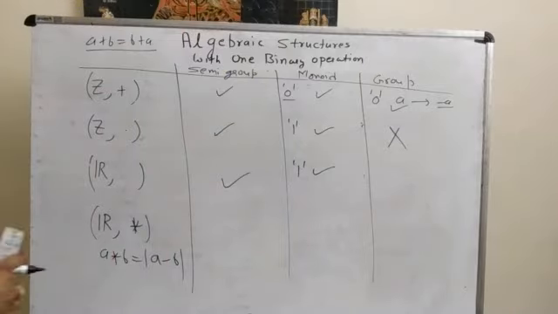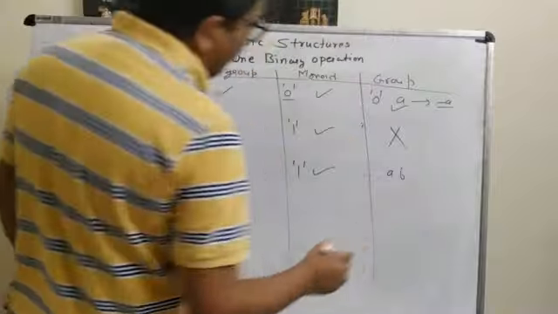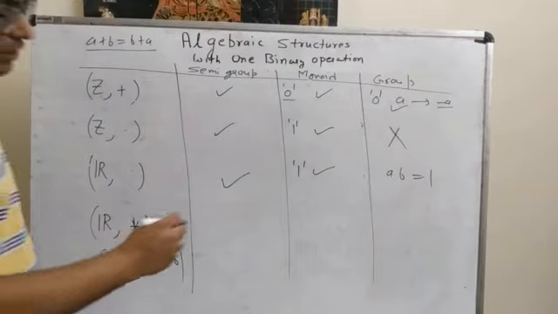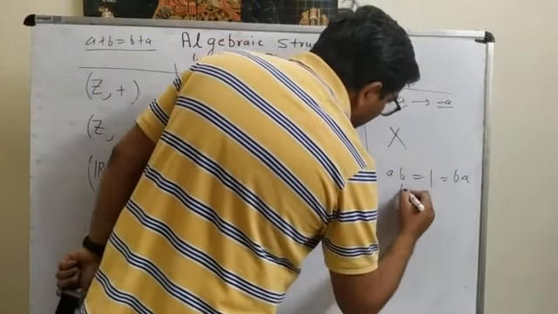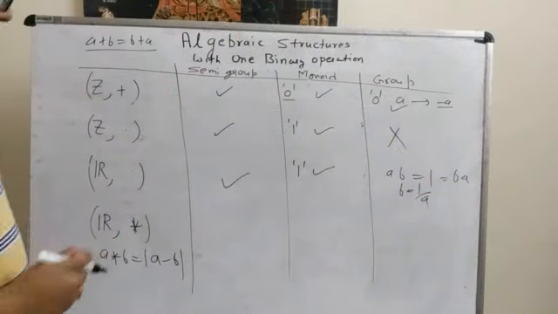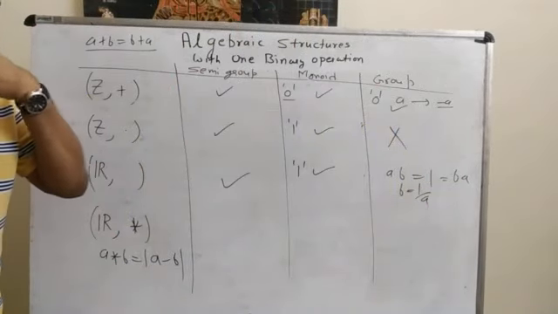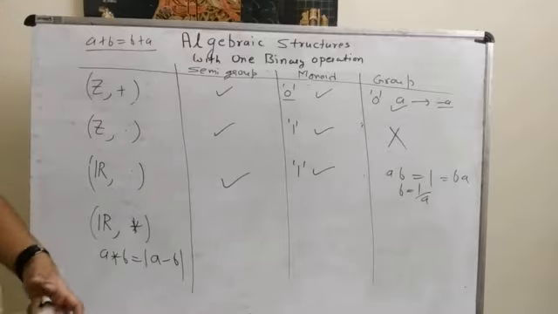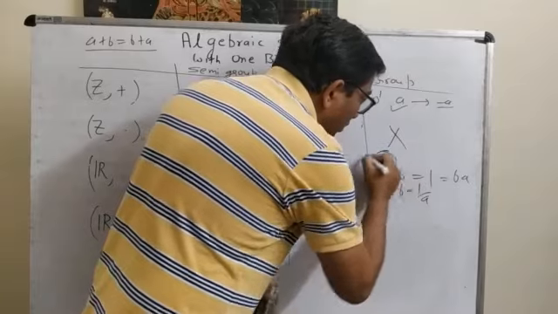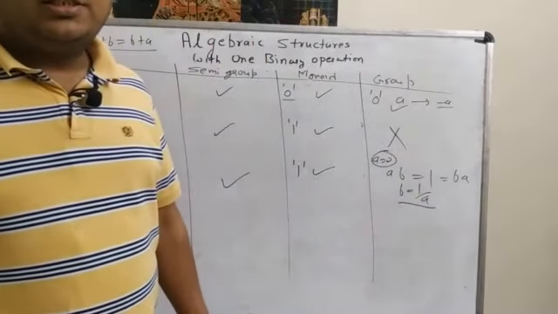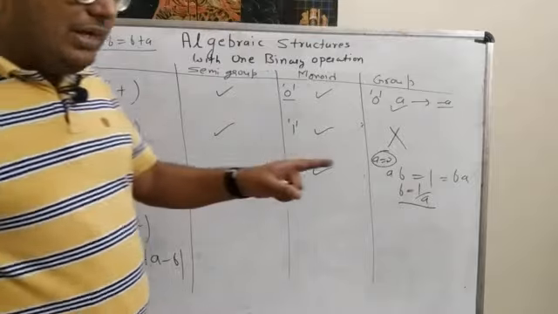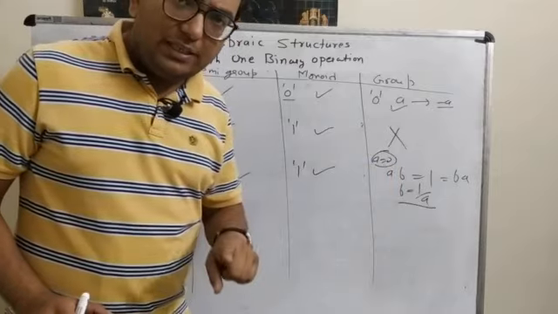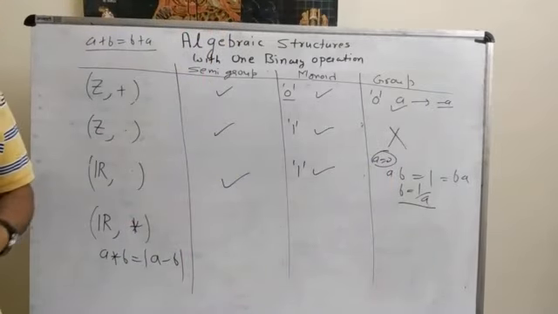Now let us find the inverse. Say A is the element and the inverse of A is B. To find it, we have to solve this equation: AB = 1 = BA. Clearly here, B = 1/A. Since A is a real number, 1/A will also be a real number. Is it true or false? No. If A = 0, then this 1/A does not exist. So the inverse of every element in R does not exist. There is an element 0 whose inverse does not exist. So this R dot will not be a group.